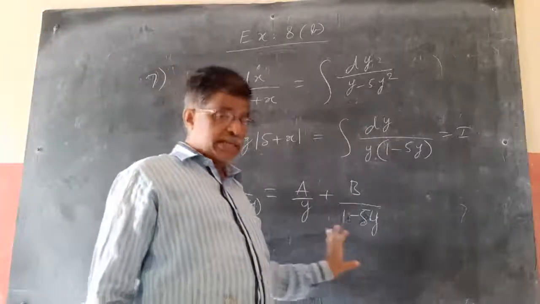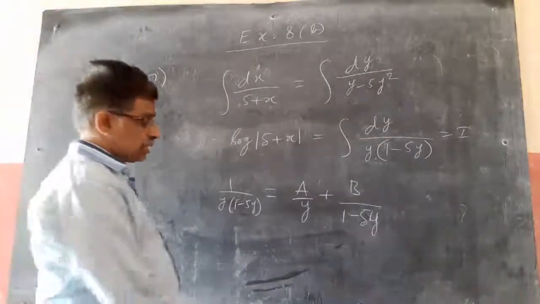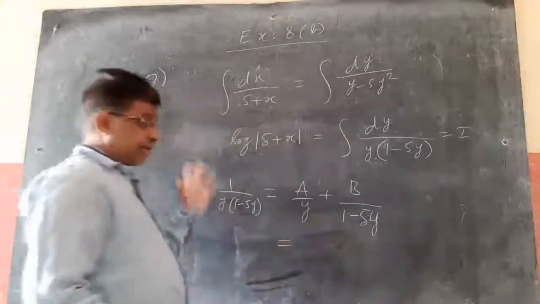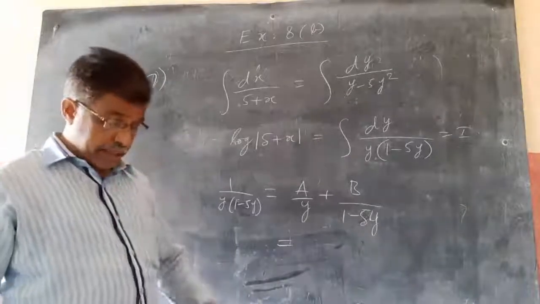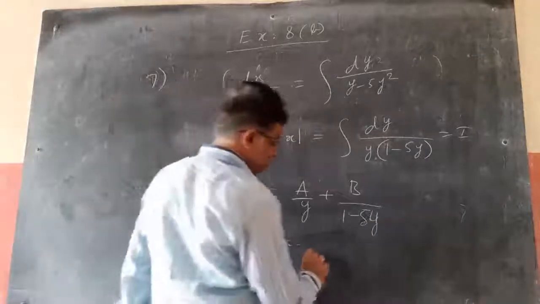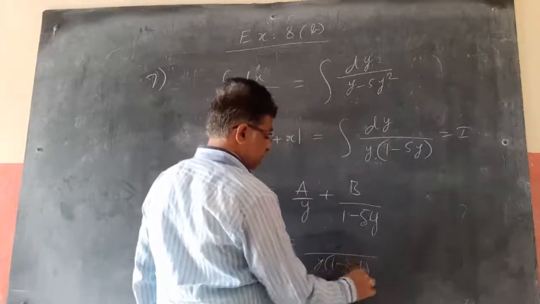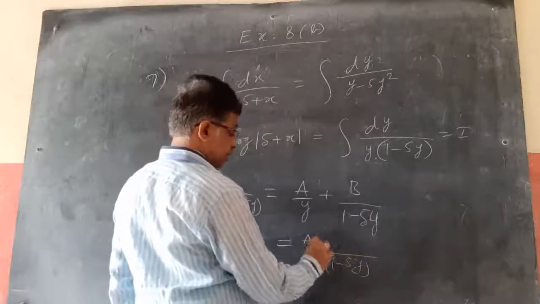Now partial fractions. How to find A and B? I told you 2 methods. One is the lengthy method by taking LCM and finding A and B. The other is the shortcut method in the partial fractions chapter. So I am going for the general method only because it's not objective, this is IP. So y into 1 minus 5y. This is A into 1 minus 5y